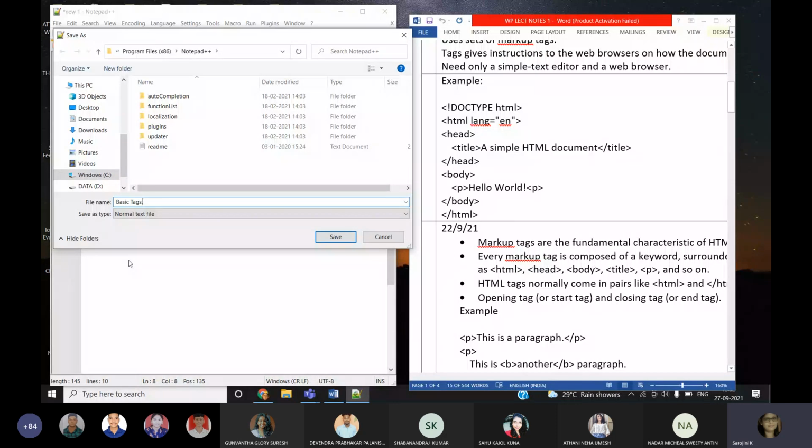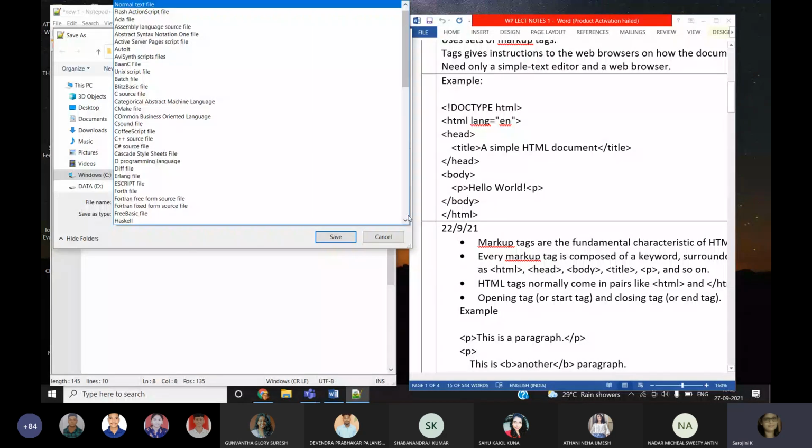Okay. Here down you see save as type. This is not a text box, it is a list box. Okay. So save as type list box is there. I just click the save as type list box. Here you have to select hypertext markup language file.